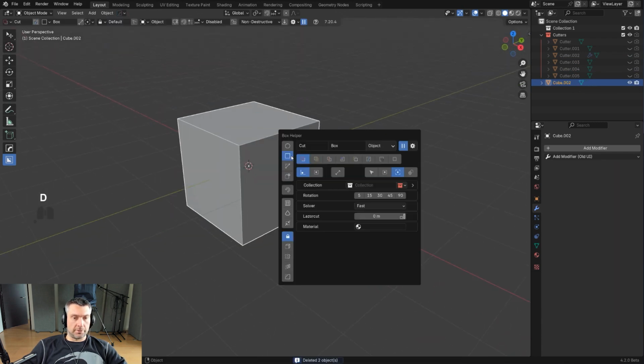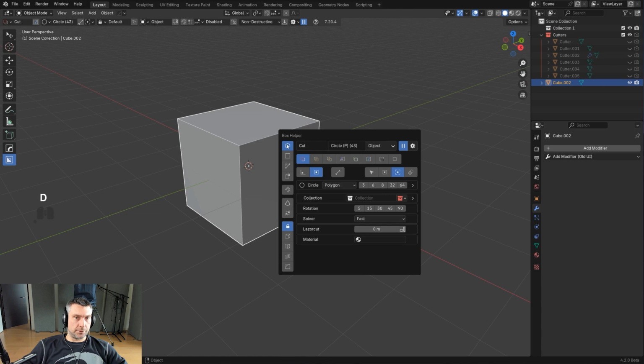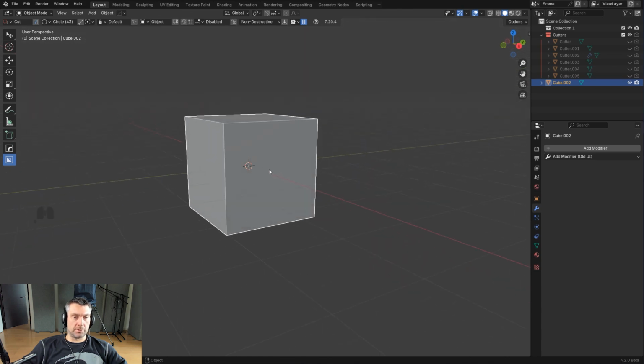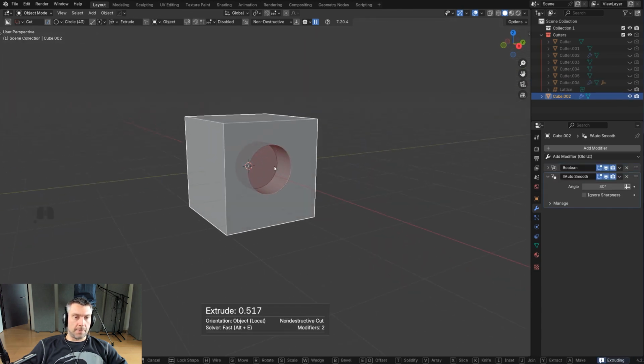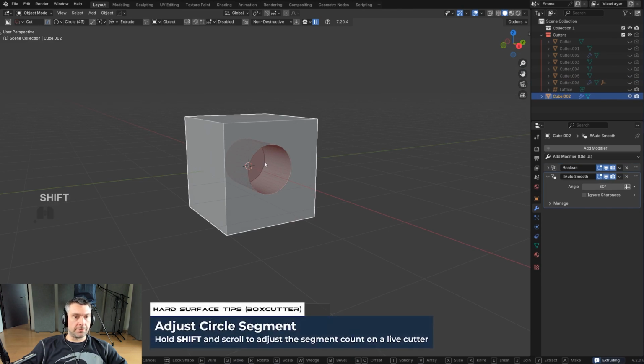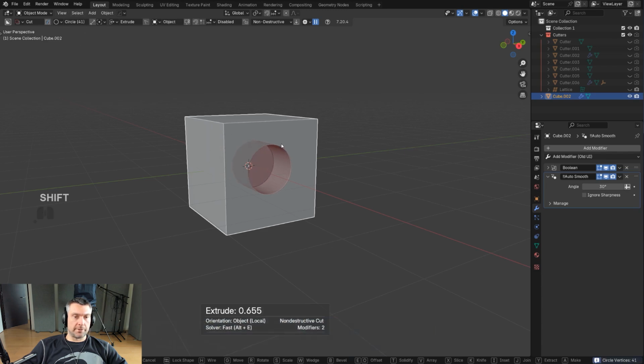All right. Now, obviously, you can change cutters to like a circle, for example. Basic circle operation is going to be clicking, dragging, drag in again, and then you can hold shift and scroll your mouse to adjust number of segments. You can see on the bottom right and also here on the top how many segments you have, and press